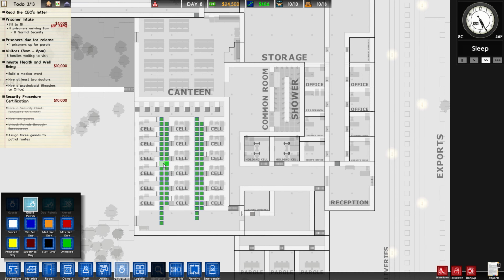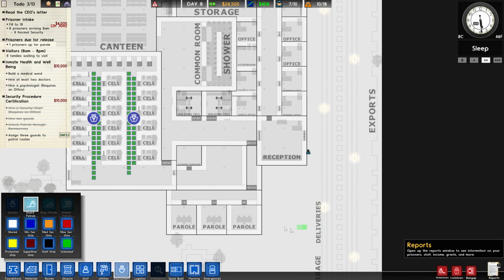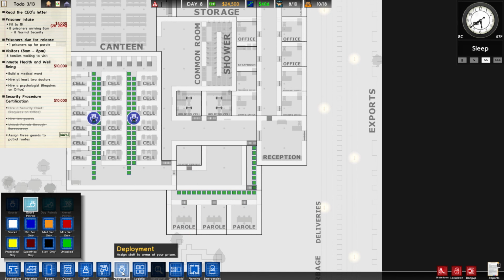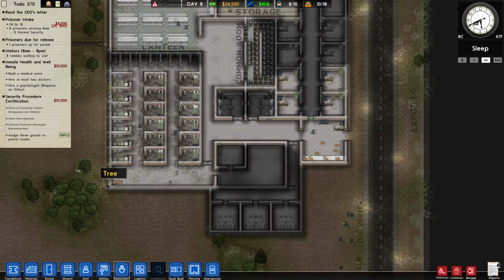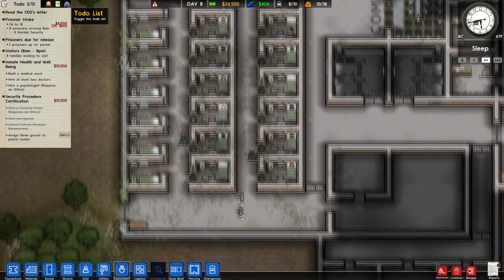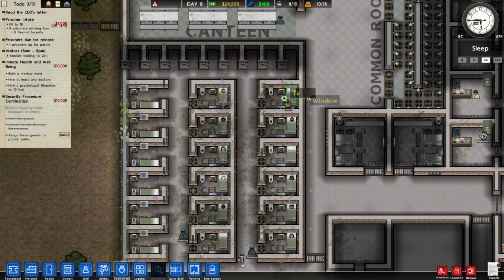We'll assign one guard on this patrol, one guard on that patrol. And now we could have one guard who patrols this area and this area, allowing people in and out of the parole. And now we can keep an eye on our prisoners who are all tucked away, happily in their bed, snoring